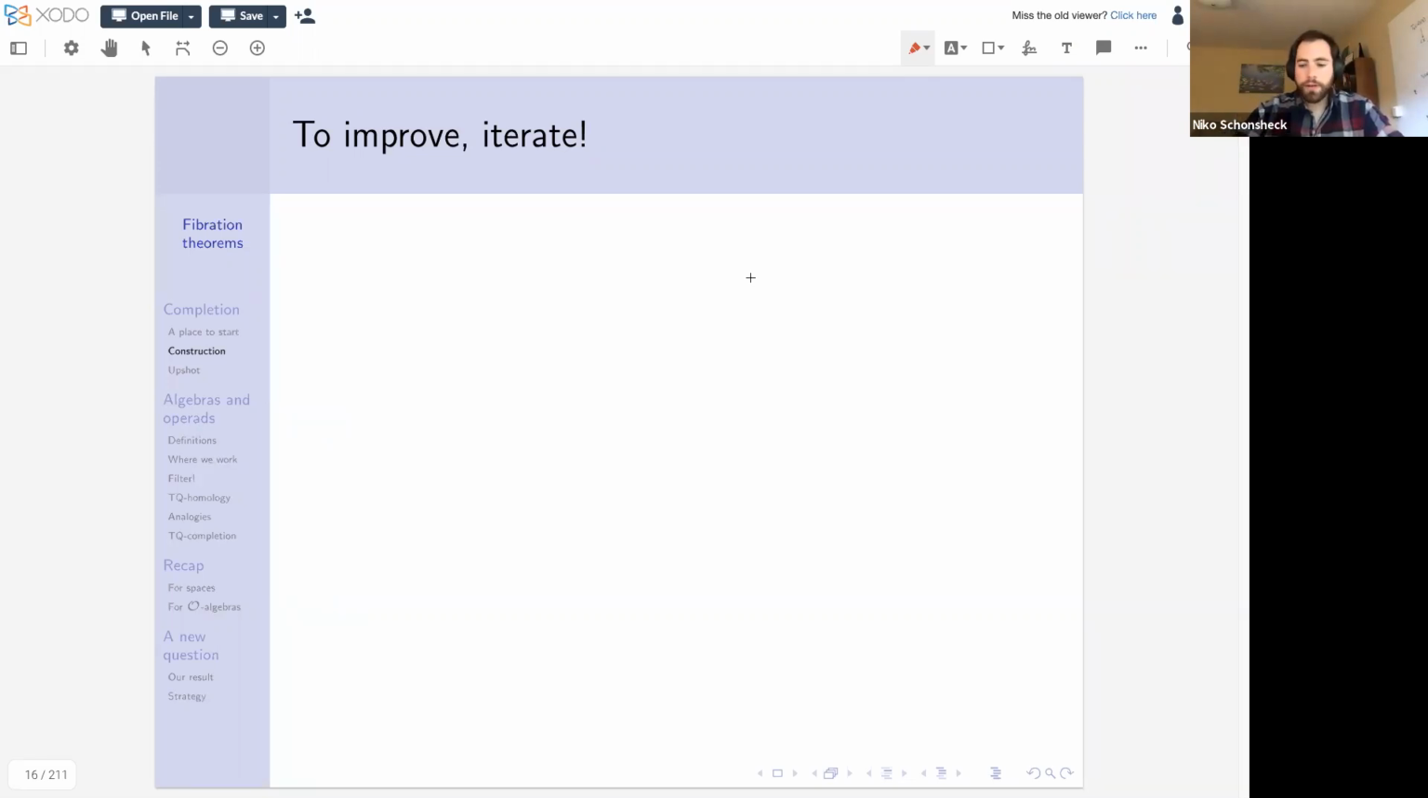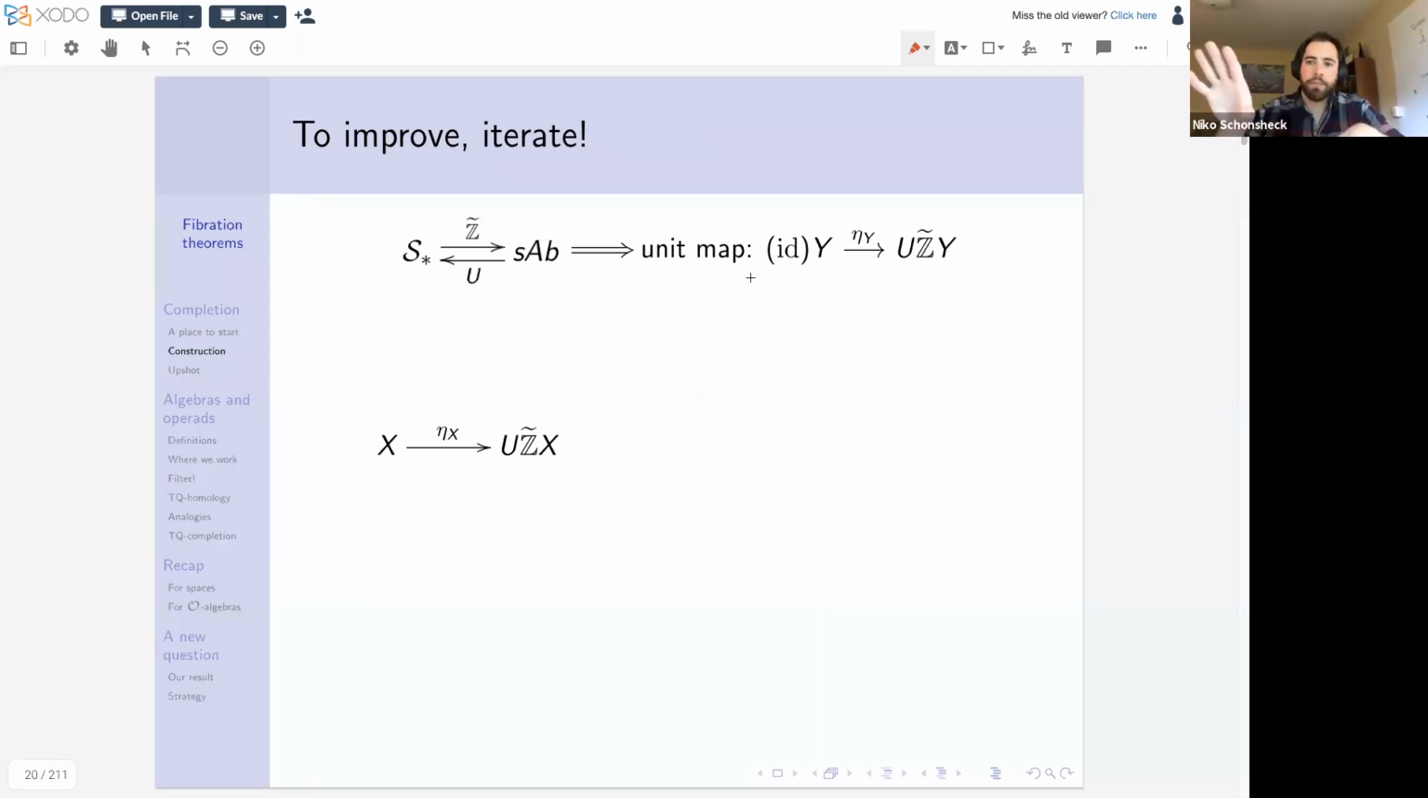So what I mean is the following. We have this adjunction, which comes with this unit map. What we did in the last slide was just look at X going to UZ tilde of X. And I said, that's a good place to start, but it's not exactly what we want. So how do I expand? How do I fatten up this construction? One way to do this is to realize that UZ tilde is really the identity functor applied to UZ tilde. So nothing crazy happening here. But once you write it like this, you see, hey, I could apply the unit map to this entire UZ